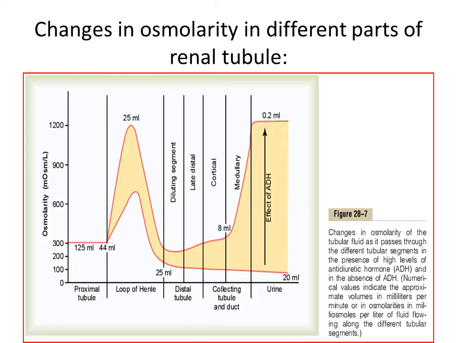In the inner medullary collecting ducts, the concentration of the fluid depends on ADH and the surrounding medullary interstitial osmolarity, which has been established by the countercurrent mechanism. In the presence of large amounts of ADH, these ducts are highly permeable to water, and water diffuses from the tubule into the interstitial fluid until osmotic equilibrium is reached, with the tubular fluid having about the same concentration as the renal medulla, which is 1200 to 1400 milliosmoles per liter.